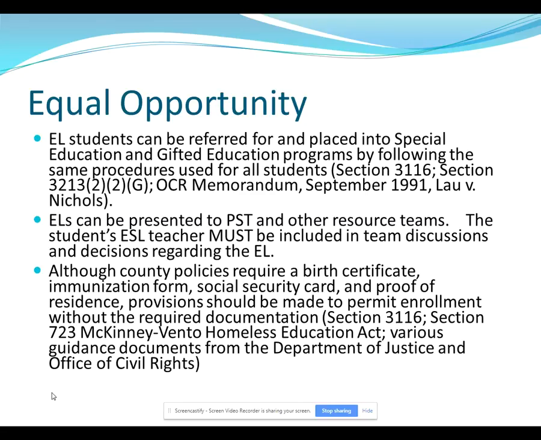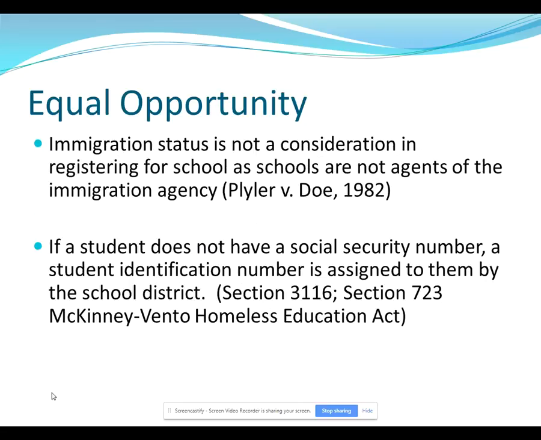Furthermore, for age determination, we would use records other than their birth certificate. Likewise, with an immunization form, they would be given a length of time to receive their vaccination record here in the state of Alabama. All of these provisions are guided under Title III law, McKinney-Vento, and guidance from the Department of Justice and the Office of Civil Rights. So it's not at all that students don't present such information. It's just that we are to allow other means for such documentation in order for a student to be enrolled. And we are to make exceptions at the time of enrollment when those items are not readily available.